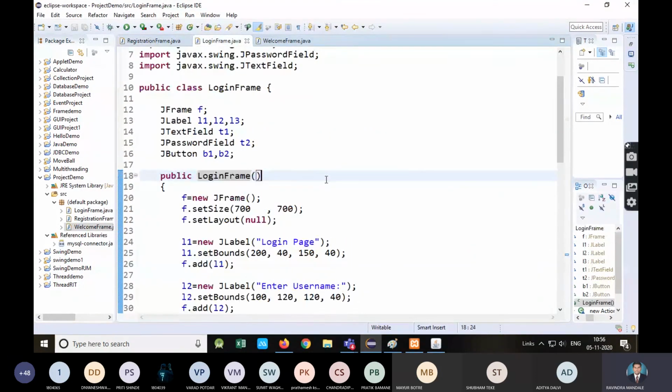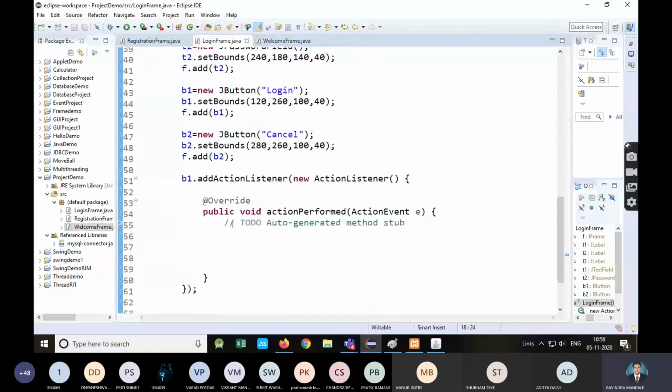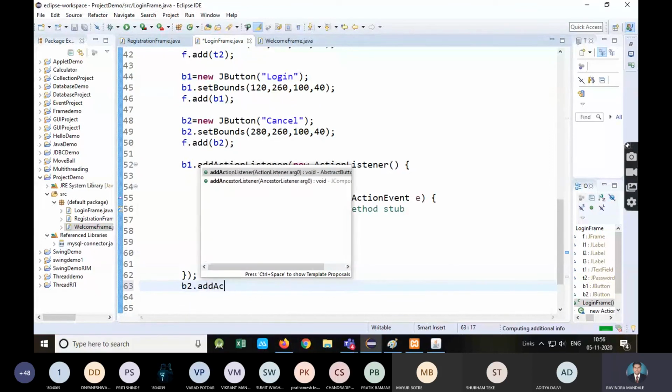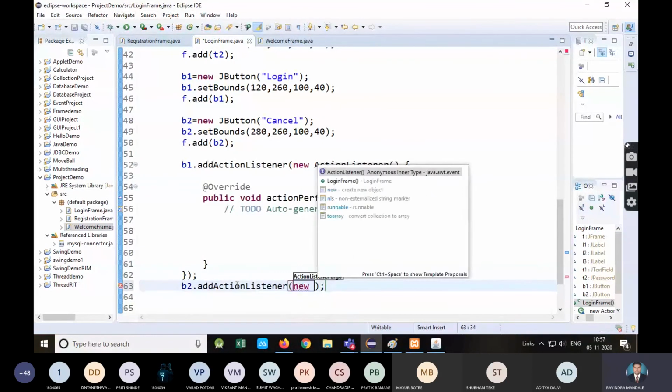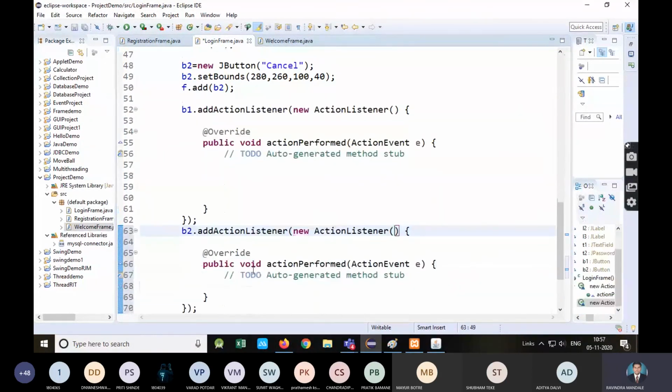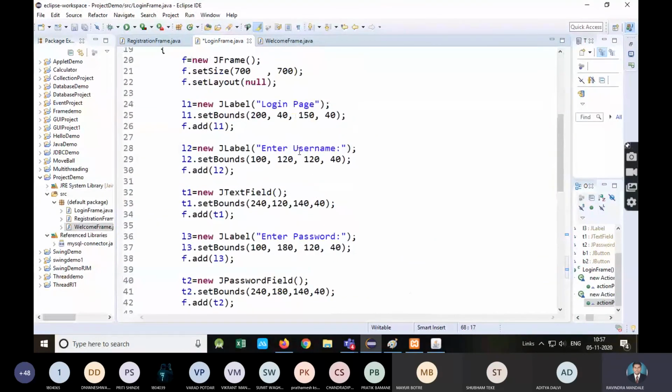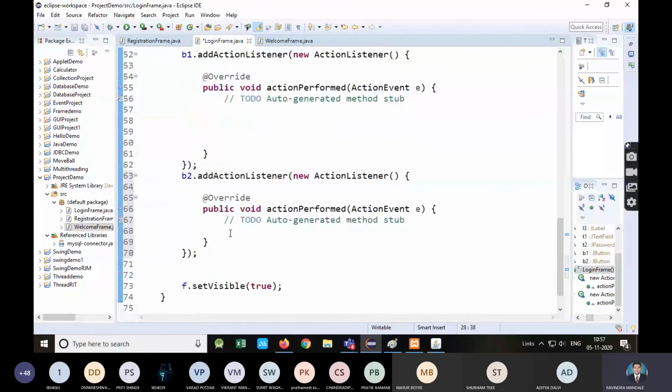Now go to the login frame and add the event handling. So B1, that is login, and B2 dot add action listener. That is just for clearing the text of these two text fields. So I will do B2 first.